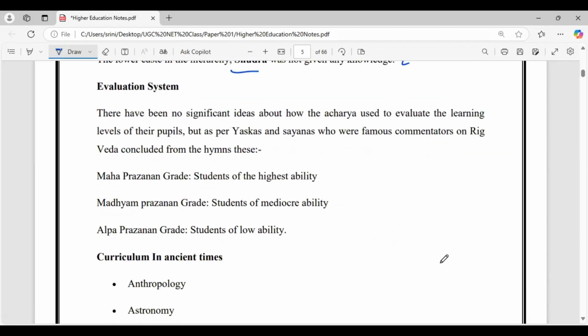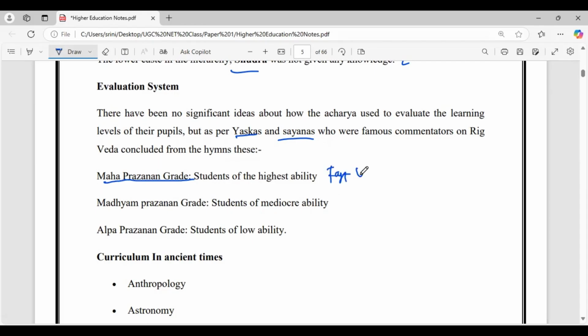Evaluation system: there are three evaluations. There is no evaluation system practically, but here is how grades were given to students. There have been no significant ideas about how the Acharya used to evaluate the learning levels of the people. But as per Yaska and Sayana, who were famous commentators on the Rig Veda, these are the Mahaprajna grade,